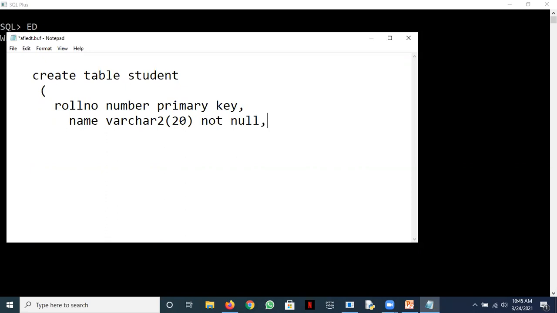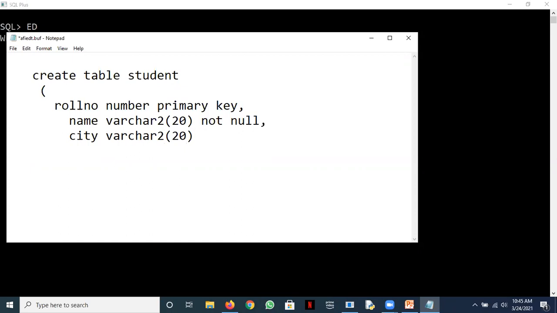So I'm using constraints, but I've not given names to them. There is no name for this constraint. I've only specified that this column should not be left null while entering values. Let's add another column, say city and varchar 20.